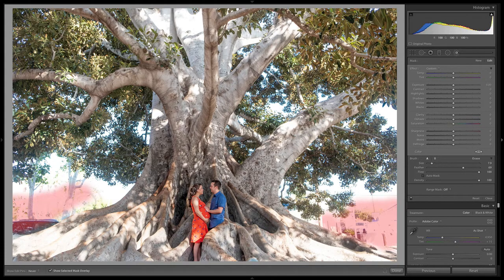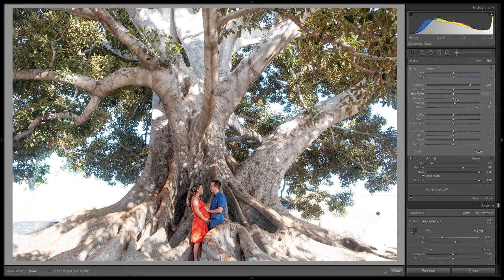I want this photo to look like we are not in the middle of civilization, in the sense of there's this car right here. That was actually our car. This was a mistake that we made with our car in the background. Without that, it doesn't look too bad. You see a couple cars and buildings maybe in the background over here, but it's not that distracting. But I personally find that this car right here, our car, is distracting. So I'm just going to basically make everything white. So I'm bringing up the blacks, bringing up the shadows, making everything white. Now, I might have to go in here and brush in a little bit more. That's fine.